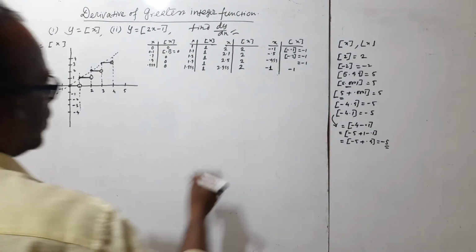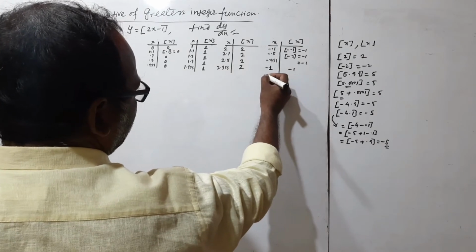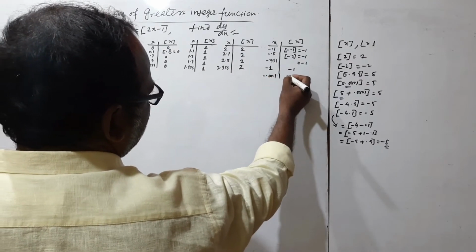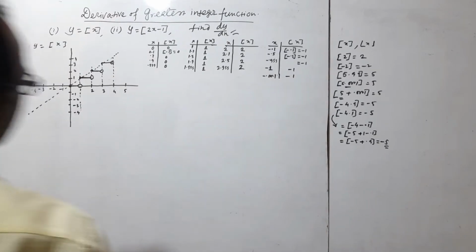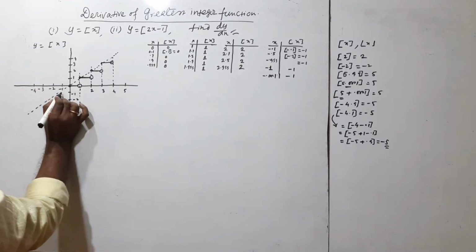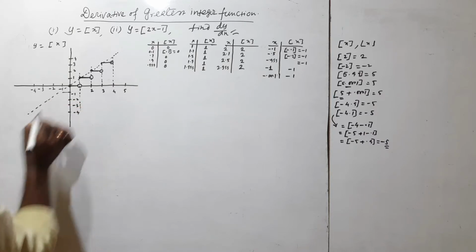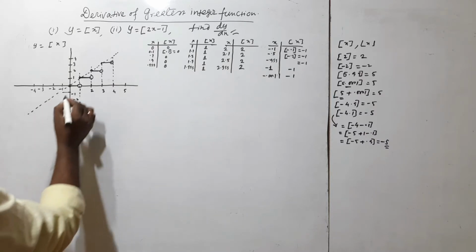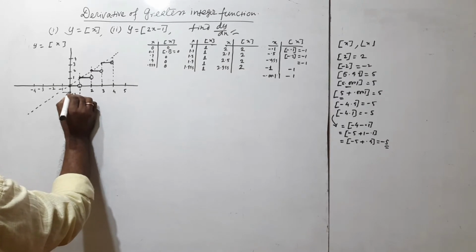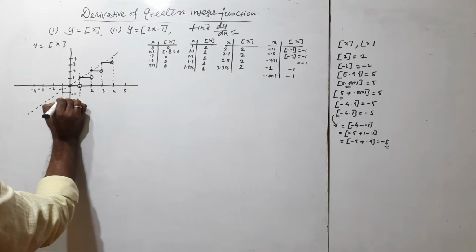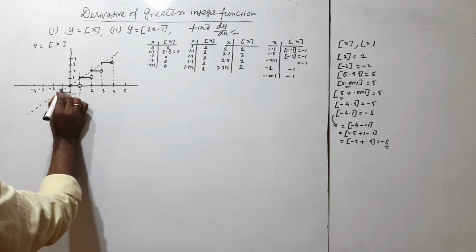Okay, minus 0.000 something, then it is 1. So it is, see, this is exactly 1. So up to 1 for x, this is not exactly